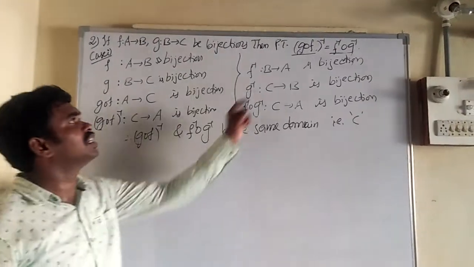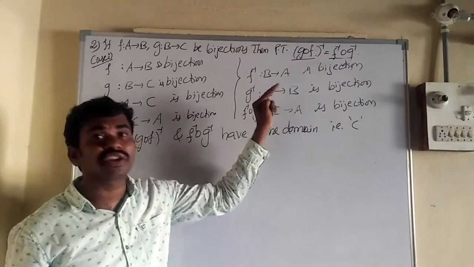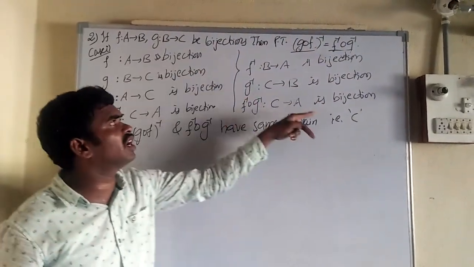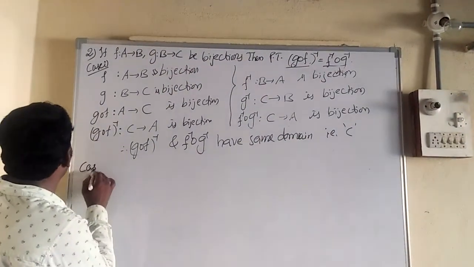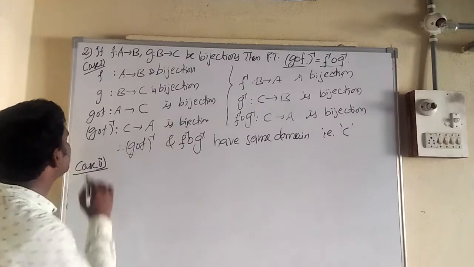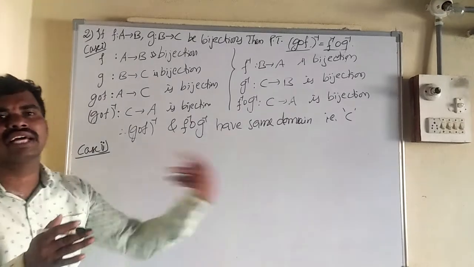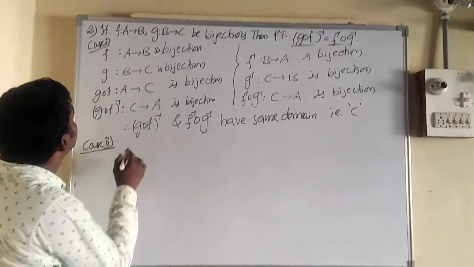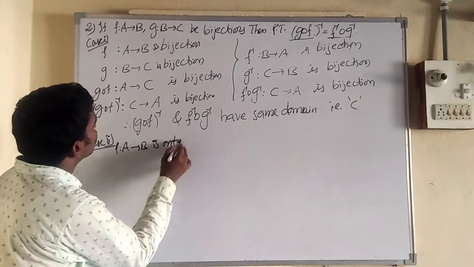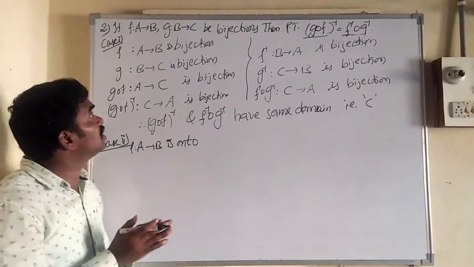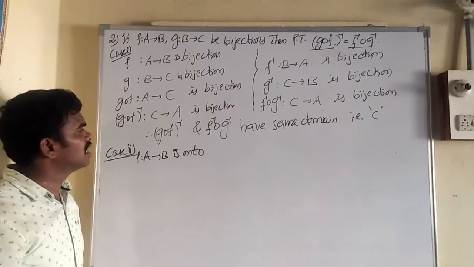Just now I have told you, in showing equivalent functions we have to prove that first the domains are equal and next the ranges are equal. Already domains are equal is proved. Next I am going to prove ranges are equal. How to find ranges? To find ranges, I'm going to take onto, because in the function, from onto we can get the range. So F: A to B is onto, I'm taking. Here no need to think about one-one, because from onto only we can get the information.